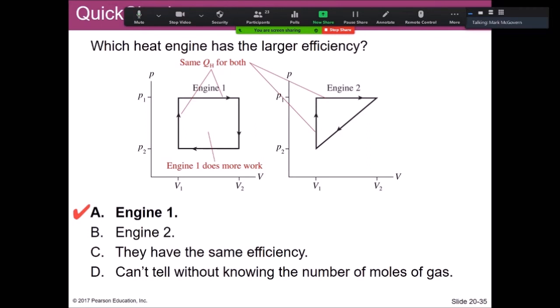Okay, now, again, let me just specify one thing here. We don't have a lot of details. What exactly is happening in these processes here? I mean, it may be possible that engine 2, from a mechanical standpoint, an engineering standpoint, a practical standpoint, is just a much better thing to make. Easier, whatever. If you can manage engine 1, clearly it's more efficient.